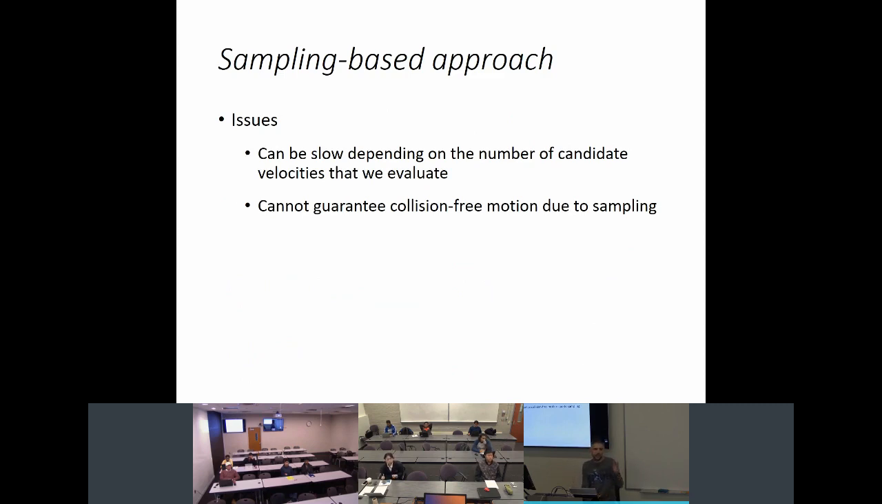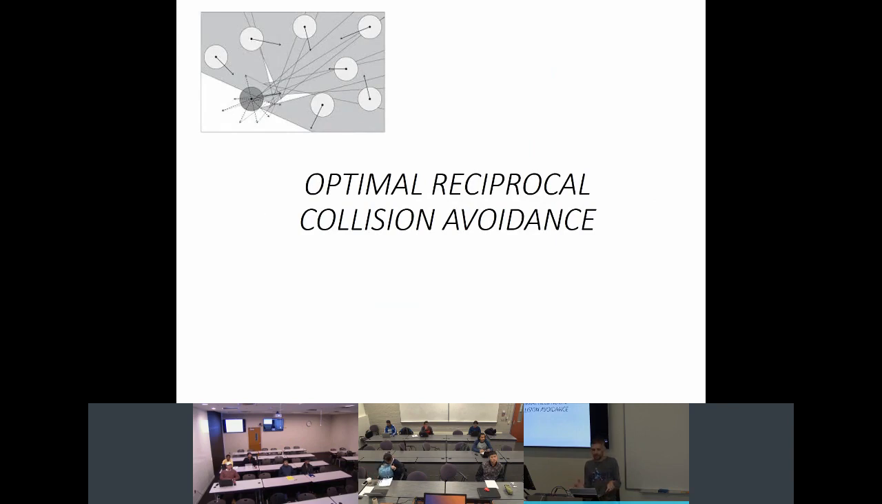You're going to see that in the assignment. I give you three scenarios: a 3-agent scenario, an 8-agent scenario, and what I call the crossing scenario. In the crossing scenario, as the number of samples you evaluate per agent increases, the computation is going to be very slow, right? Also, we cannot guarantee collision-free motion since we rely on sampling, right? So these are the issues with a sampling-based approach. Okay, so to circumvent these issues,